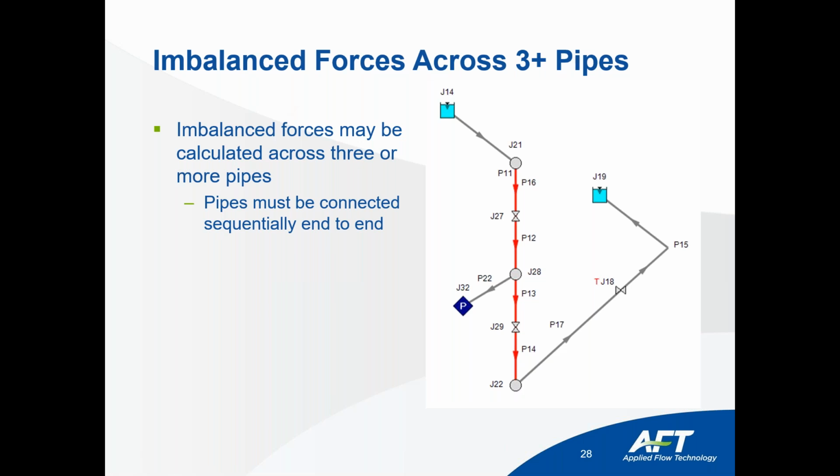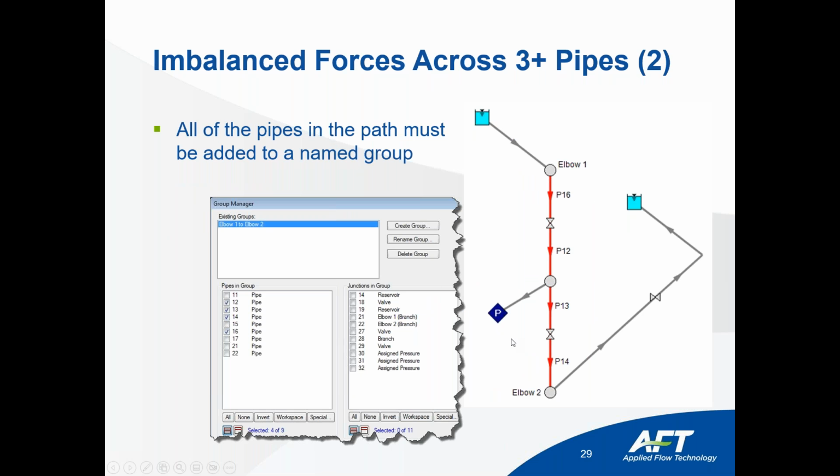In this case, we use one pipe. If you have more than one pipe and you want to analyze and calculate the intermediate forces, like here we have valves and sections, so we want to add these as points of reflection for the wave. So here we want to calculate the imbalance forces at node 121 and 22, considering all these pipes at the same time. To do that, you would have to create a group here,